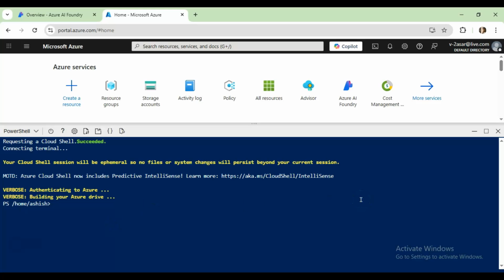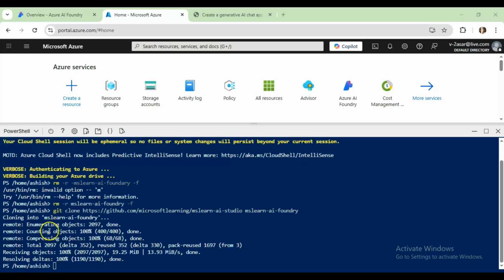I'll bring my cursor and I'll do rm, ms learn, f, git clone. I'll type it in and come back. Okay, I used git clone https GitHub, Microsoft Learning, MS Learn AI Studio, MS Learn AI Foundry, and it has